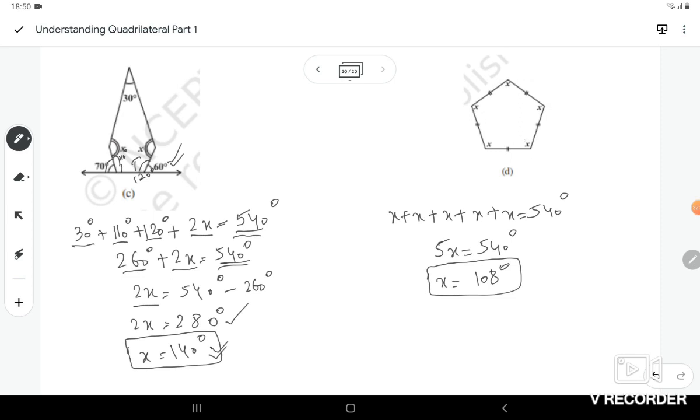So it's a regular pentagon, and we have already seen in the previous figure that the sum of the interior angles of a pentagon, using the formula n minus 2 into 180 degrees and putting n equal to 5, is 540 degrees. So 5 times x is equal to 540 degrees, and finally the value of x comes out to be equal to